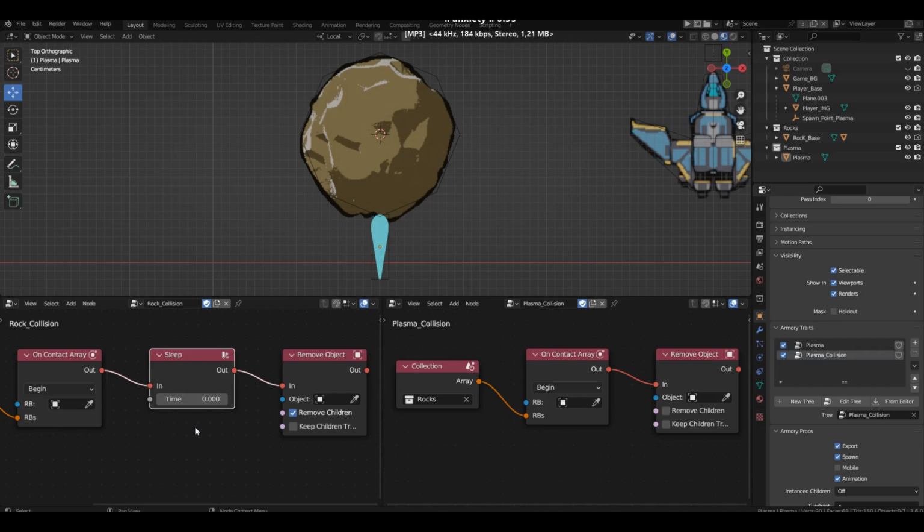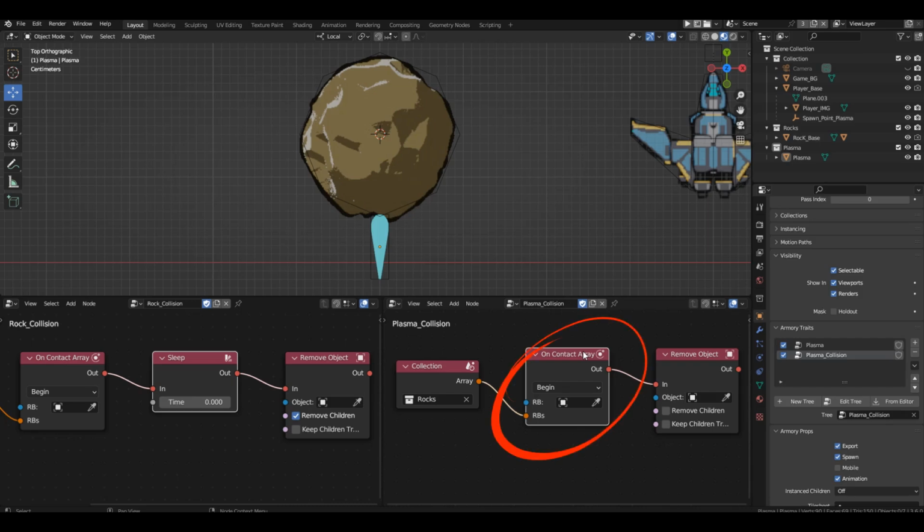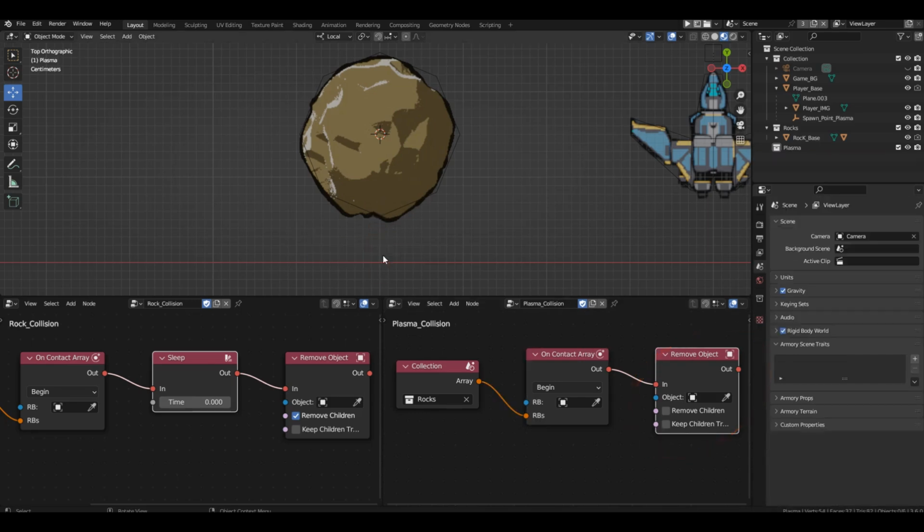Here's what happens now. The asteroid registers the contact, but we don't destroy it immediately. Instead, we wait for the entire code within 1 tick to be executed. So, when it comes to checking for collision in the plasma, the contact will be registered because the asteroid is still in its place and intersects with the plasma. After registering the collision, we remove the plasma. The tick ends and everything starts over.